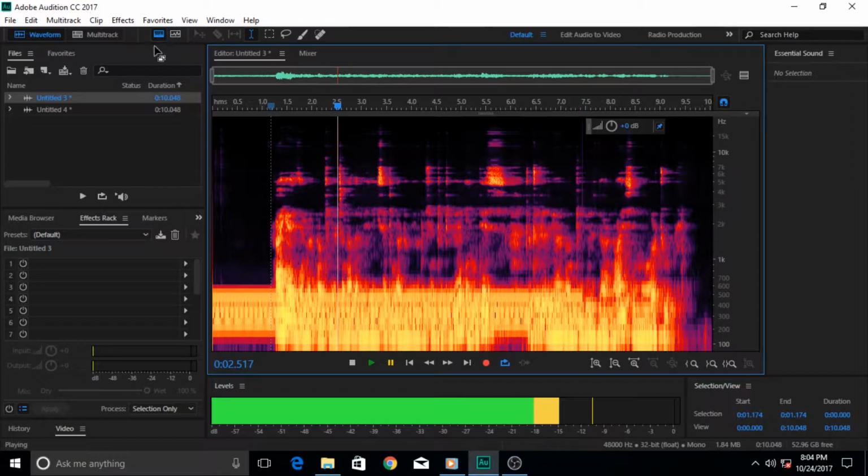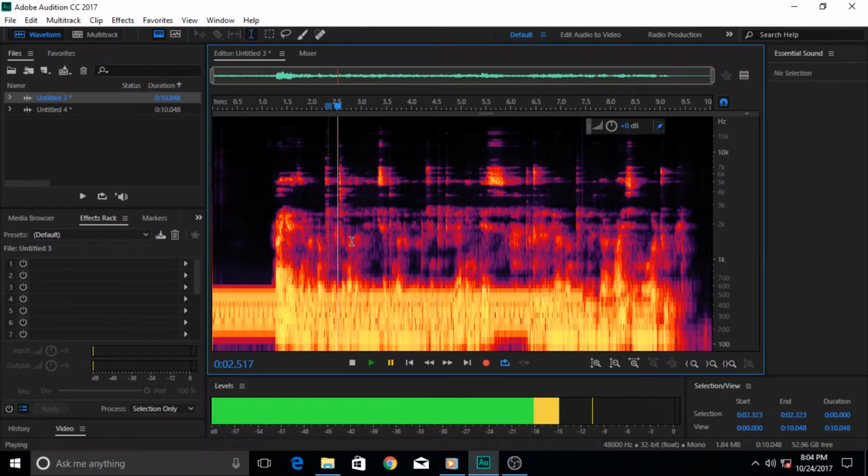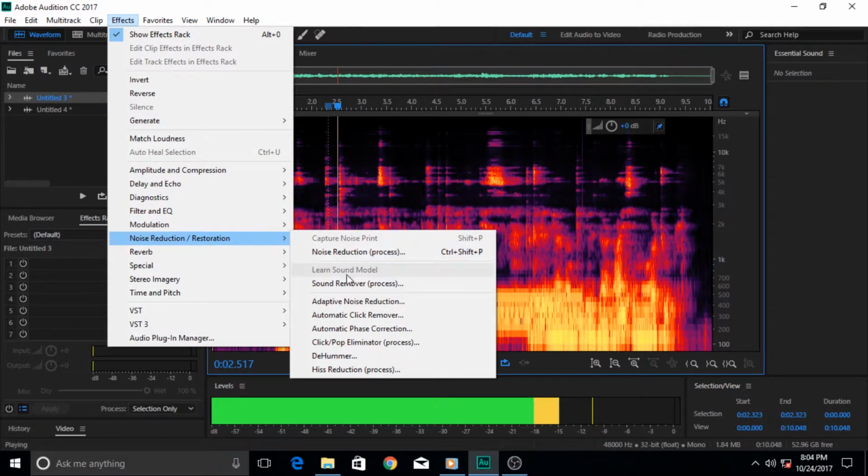That tone is too obvious and it's in the foreground, it's going all the way. And if you apply the noise reduction effect from here, this option, it distorted or removed a lot of the frequencies of your speech also, and it will, because these two are really mixing up together with each other. It's not in the background, it's in the foreground, its frequencies. So the chances are that this noise is not a background noise, it's a foreground noise. Then to remove such a noise, you should not use the noise reduction effect, you should use the sound remover